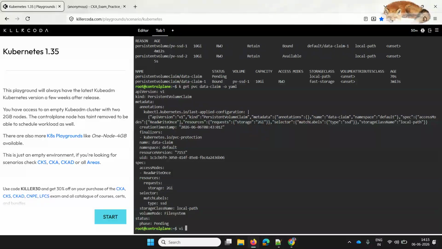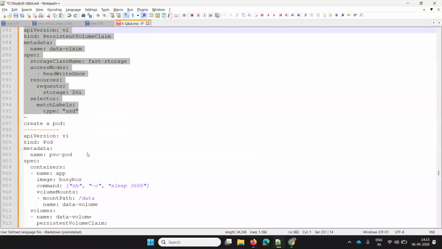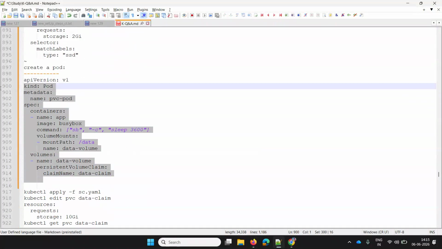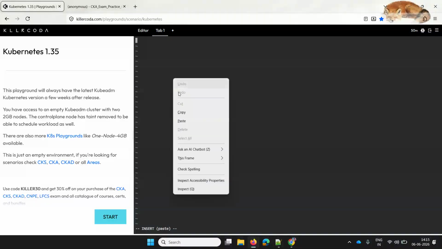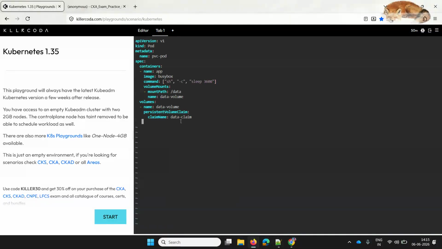So for that, let's create the pod, and in this pod I'll just paste like this. I need to use a claim name.